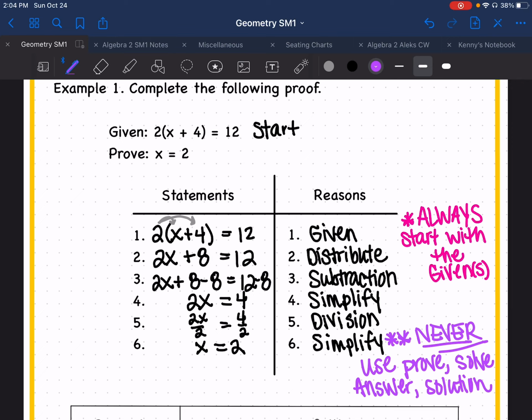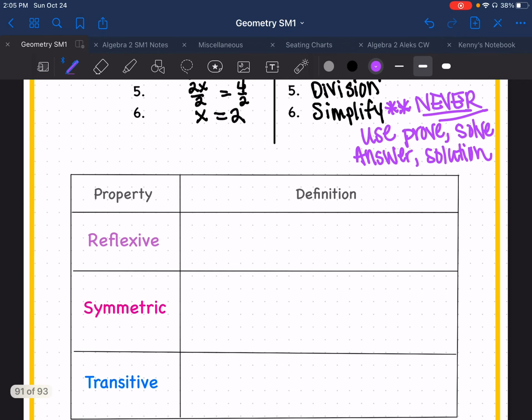Okay. You use the word simplify. That shows me that you did an operation. You're technically simplifying the division. Okay. All right, let's go ahead and take a look at some of the properties that we are going to